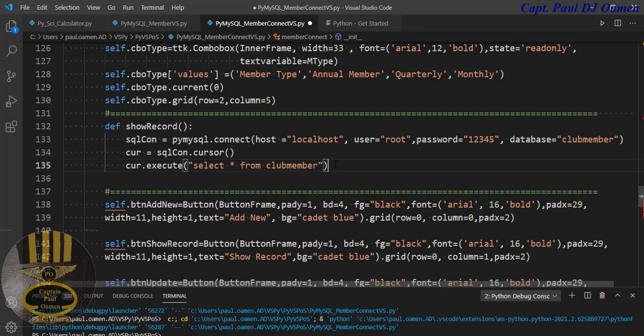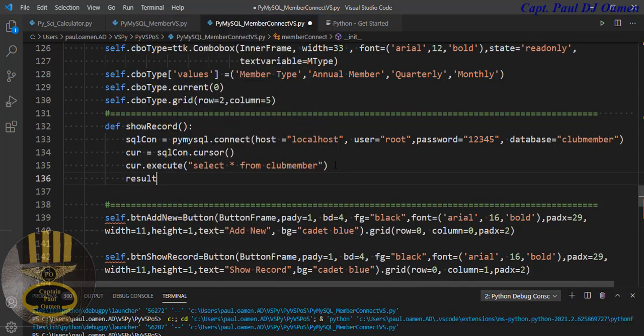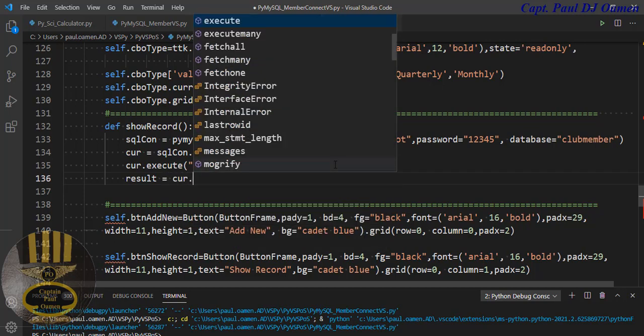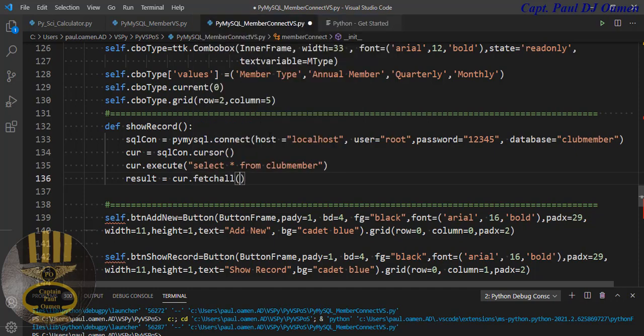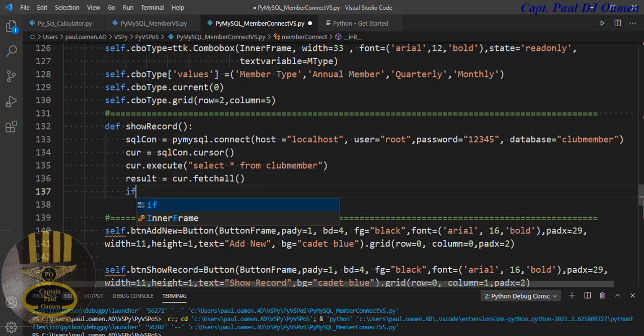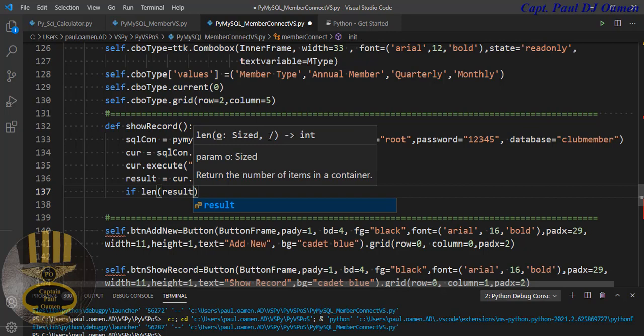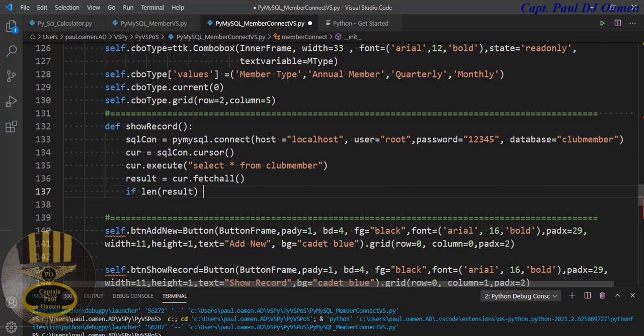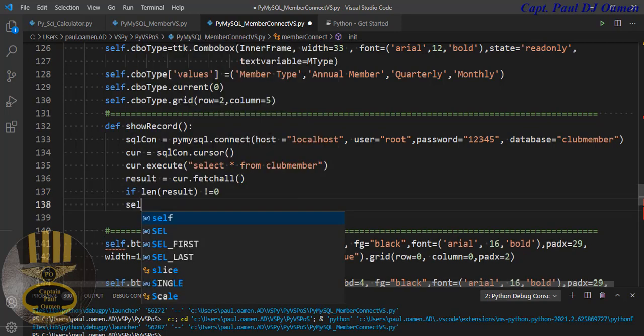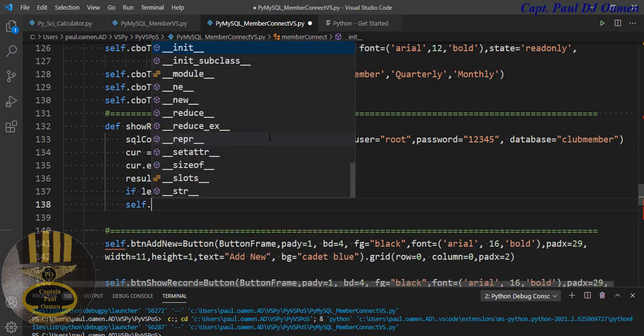Now let's say result equals, we now want to fetch it, so I think that's it right there, fetchall. There we go. So let's use an if statement here. If len result is not equal to 0, then self dot member record,